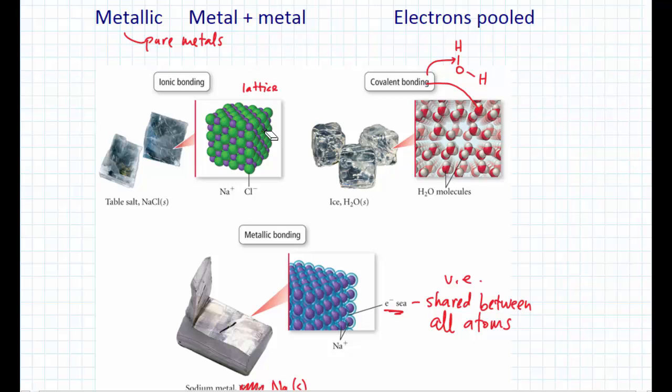What do we say that metals can do with electricity? They conduct electricity, and electricity is just the movement of electrons through a substance that allows the electrons to flow. So it's that behavior, that sea of shared electrons that's free to move throughout the entire substance that gives metals many of their properties. Also, the fact that metals are malleable and ductile, we talked about those properties before, comes from the fact